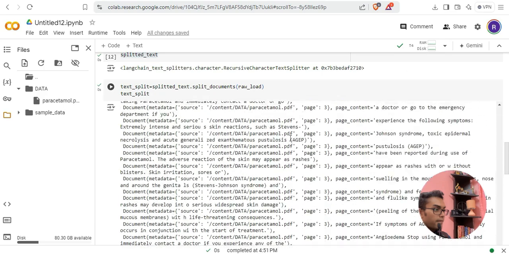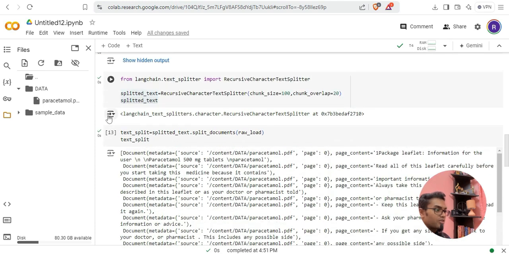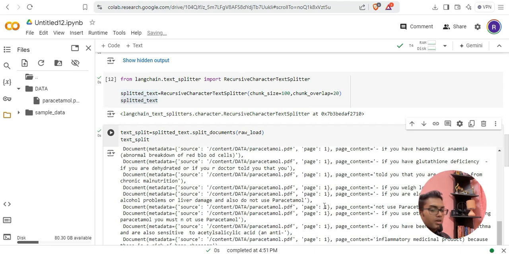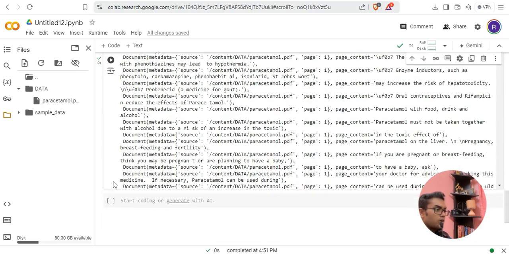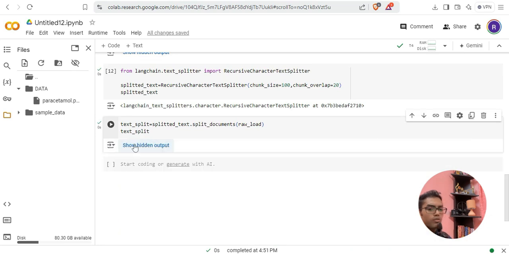Now this is where you see everything got chunked and split in a list. If you see, it starts with a list. I have page, now look at page 0, then we'll have page starting with 1. So you must have understood now. All of it is put into one Python list, and you have the chunks. Once my chunks are done, with a chunk size of 100 and overlap of 20, the next thing is